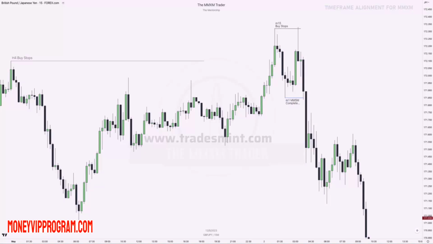Now we dive into the lowest possible time frame for this market maker model. I guess if you want to be really freaky, you can go from the 5-minute time frame to a 15-second chart, but I would highly not recommend doing that. And this would be your lowest time frame for a market maker model setup. So on the 15-minute time frame, again, buy stops have been raided, right? So external range liquidity, and then we're going to look into a 1-minute time frame. And personally, I think if you do a 15-minute time frame as your key level and then a 1-minute market maker buy or sell model, a pair like GBP JPY is perfect because these pairs move a lot compared to,